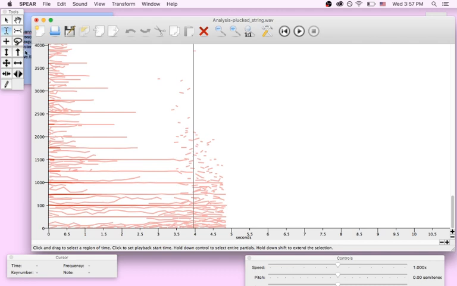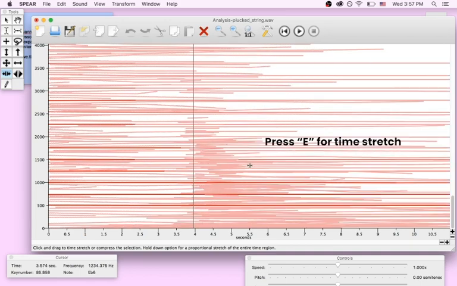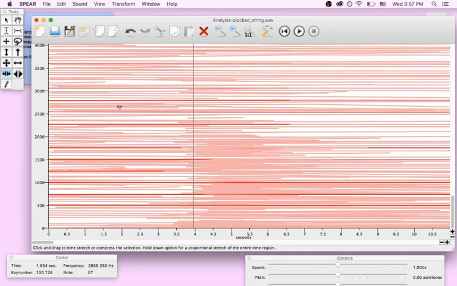Then you can take this tool right here, the time stretch, or you can just push the letter E, and you can then take everything that is selected and stretch it. And that'll make it sound real wacky. And it'll make it sound like this. So that's a good tool to use for creating a longer sound, perhaps one of your sections